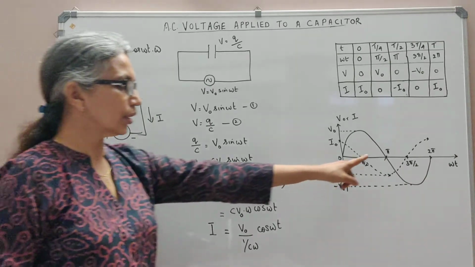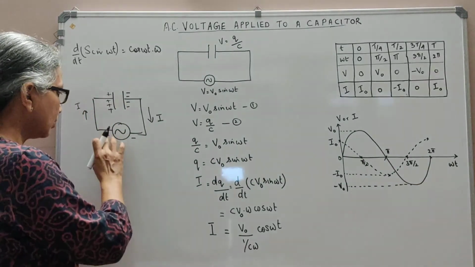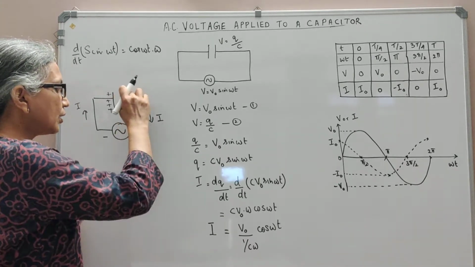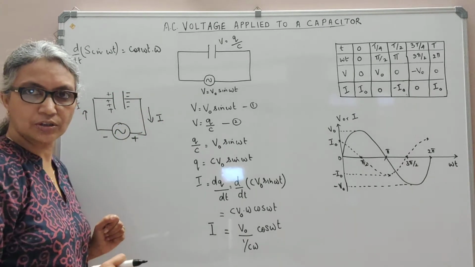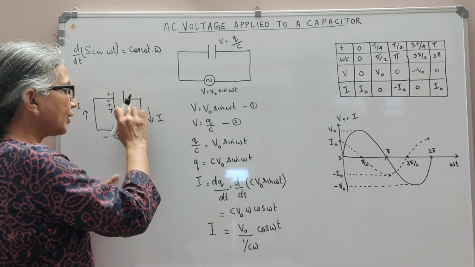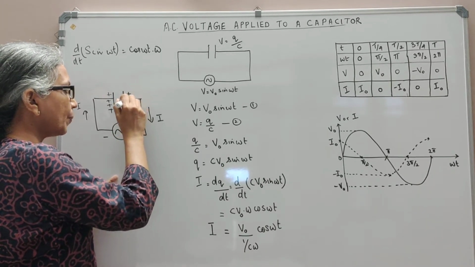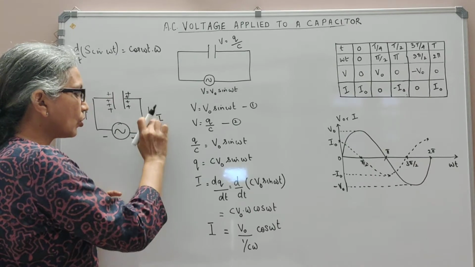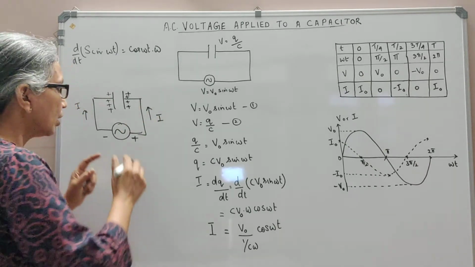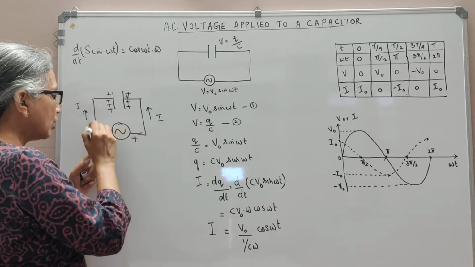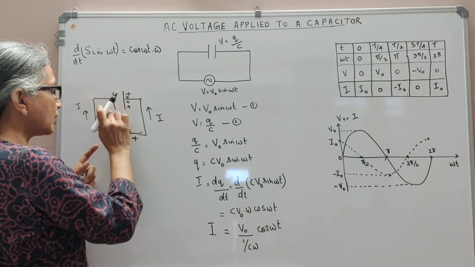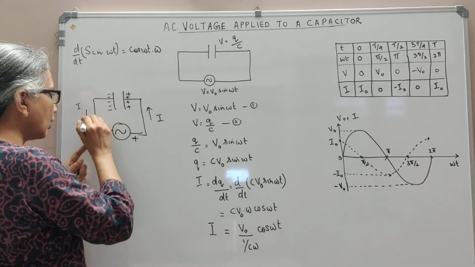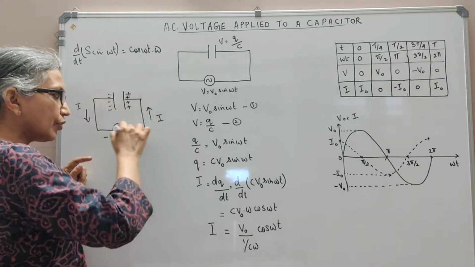But in the next half cycle, the terminals will reverse, so that this now becomes negatively charged and this becomes positively charged. When this happens, these electrons will now move in this direction towards the positive terminal, so that this plate, losing electrons, will now be oppositely charged, that is, positively charged. Electrons are moving in this direction, so your current also reverses its direction. Now this is a negative terminal, so these electrons will move towards this plate, making it negatively charged. Electrons moving in this direction would be current in the opposite direction. So you have a flow of current in the reverse direction now.